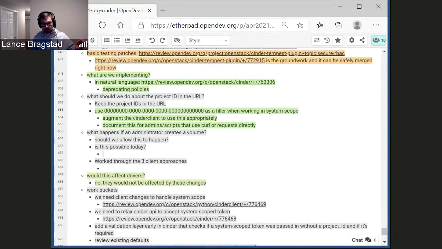And I'm using a client that sets the proper URL, right?